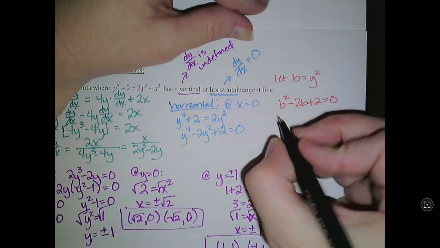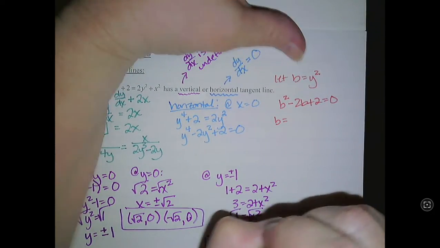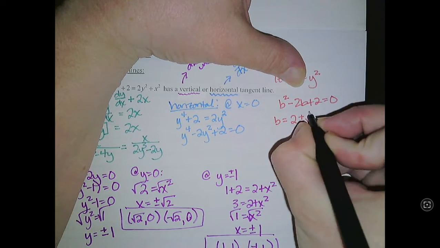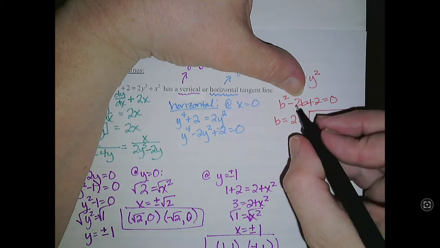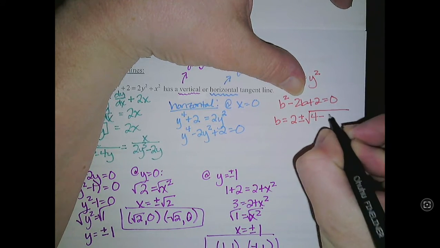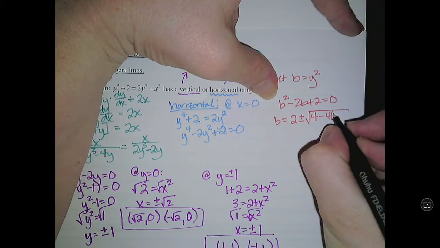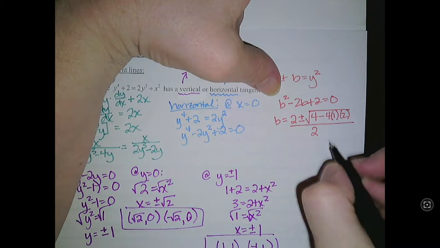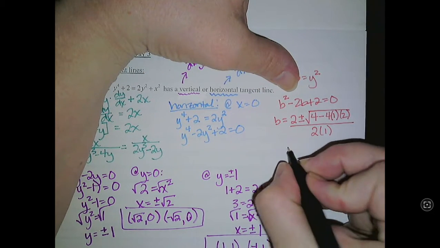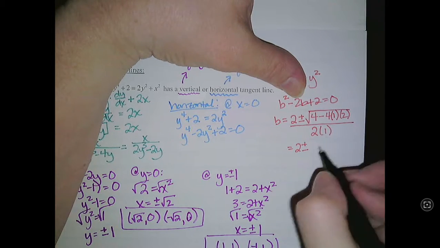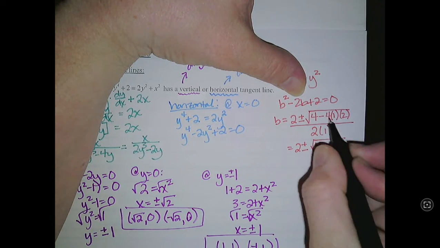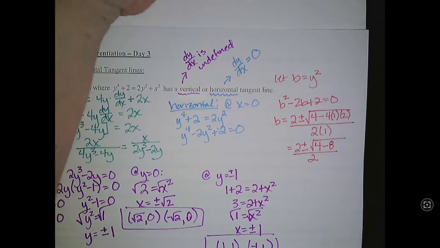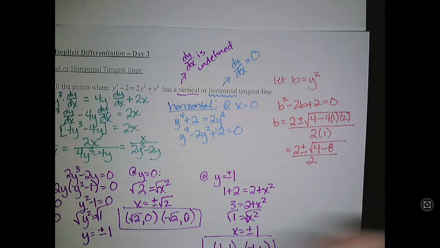So b would be equal to negative b, so negative negative 2 plus or minus the square root of b squared, so negative 2 squared would be 4, minus 4 times a, which is 1, times c, which is 2, divided by 2 times a, which is 1. So b would be 2 plus or minus the square root of 4 minus 4 times 2, which is 8, over 2. And at this point, we start to notice a problem, because if I try to simplify this any further, I